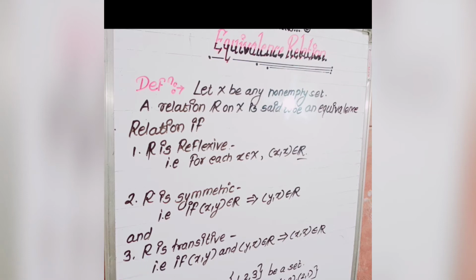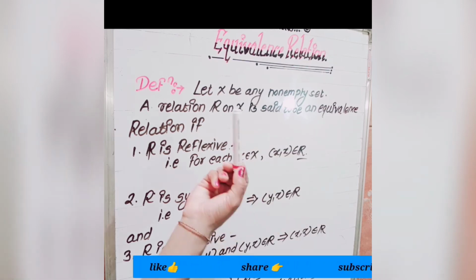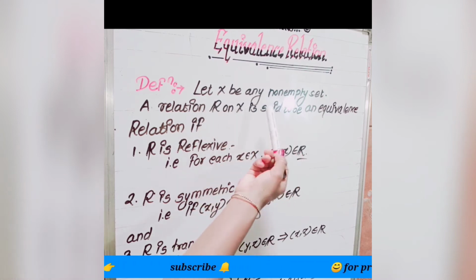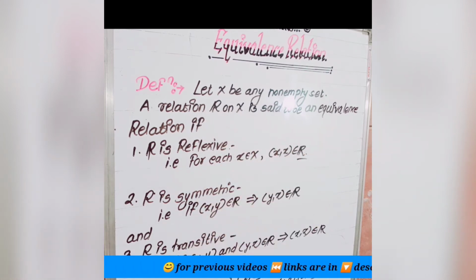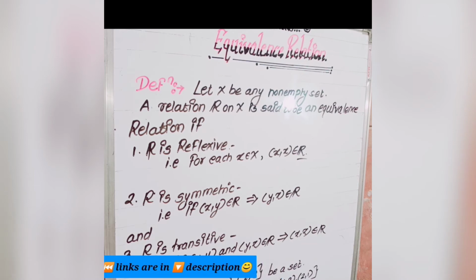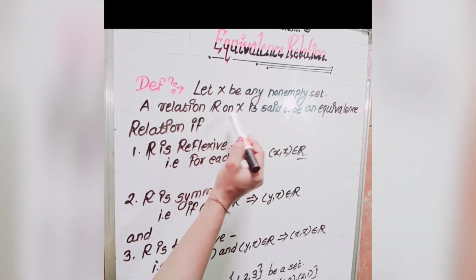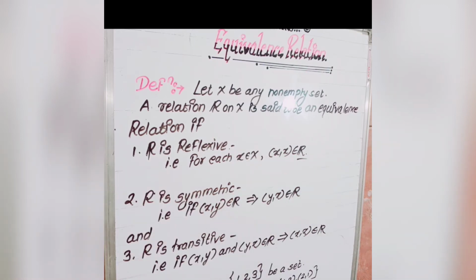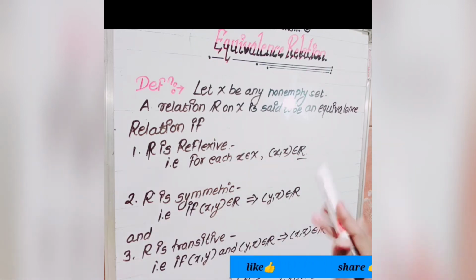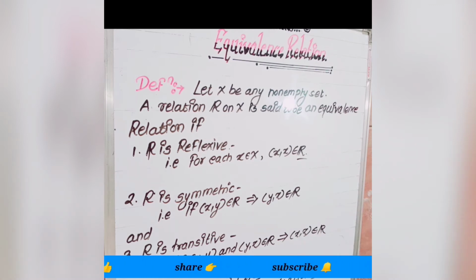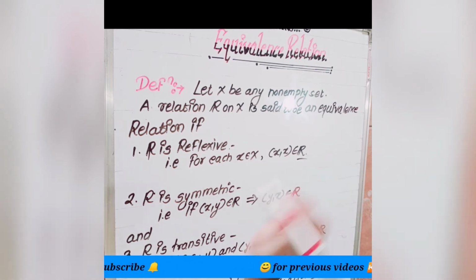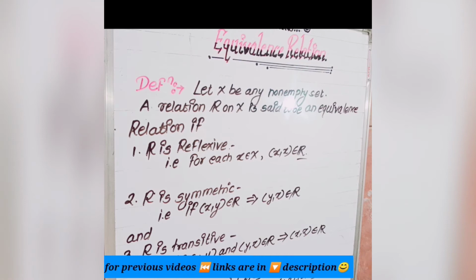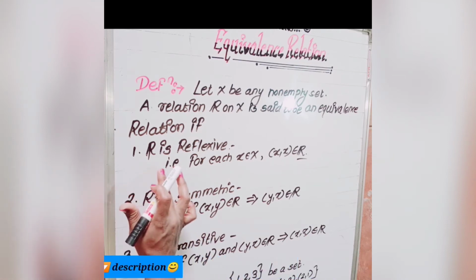Firstly, we consider the definition of equivalence relation. That is, let X be any non-empty set. If we consider the set X, which is a non-empty set, a relation R on X is said to be an equivalence relation. What do they say? R, any relation on that set X, is said to be an equivalence relation if, first, R is